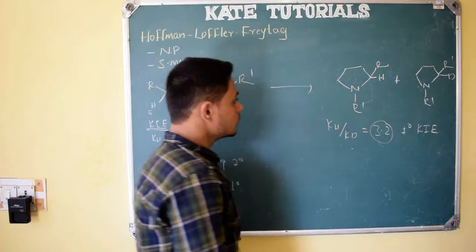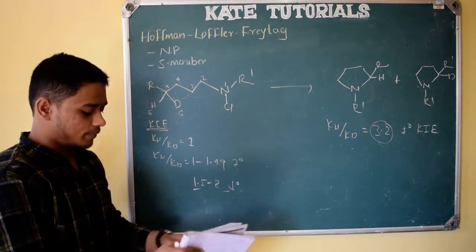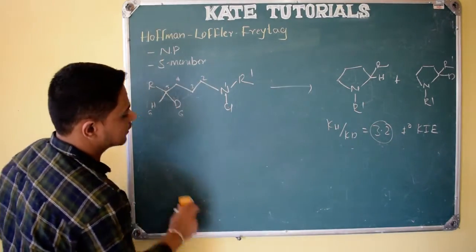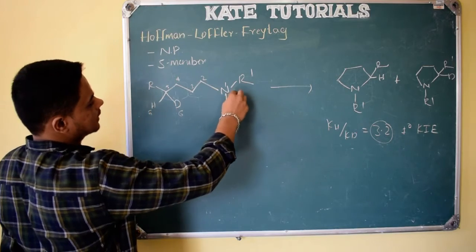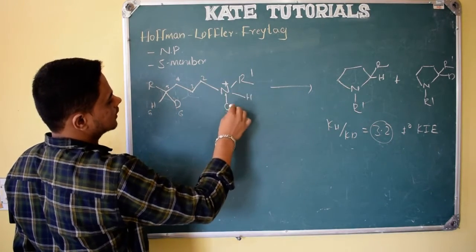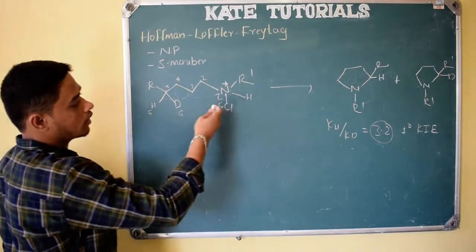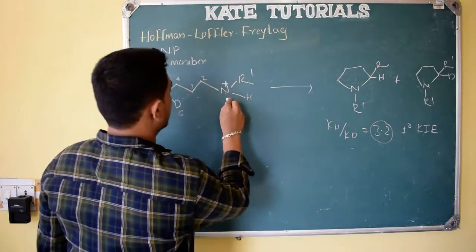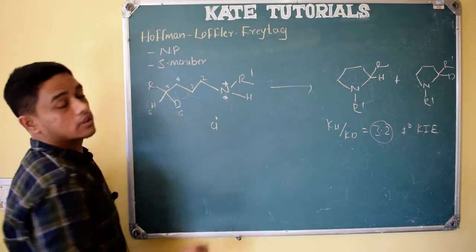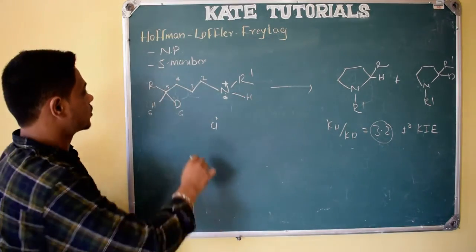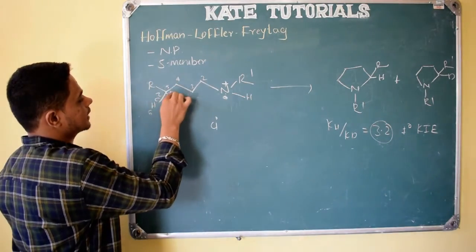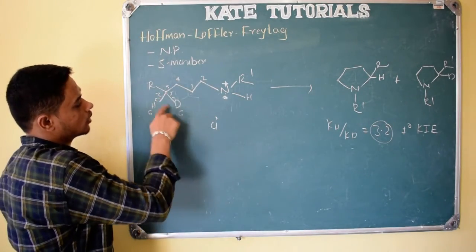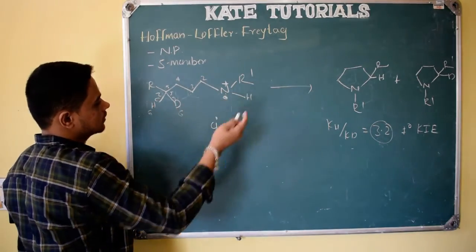So the mechanism you know, right? The same kind of mechanism it will go through. So SN2 reaction, these things you know. So see here, same thing. First H plus will add, so nitrogen gets a positive charge. Next, under thermal or photochemical conditions, radical mechanism. So nitrogen gets a radical and chlorine gets a radical. So nitrogen, which is more electronegative, can't keep the radical, right? So it will take this hydrogen or this deuterium. So we will get a radical here, right? And here chlorine will form a bond.